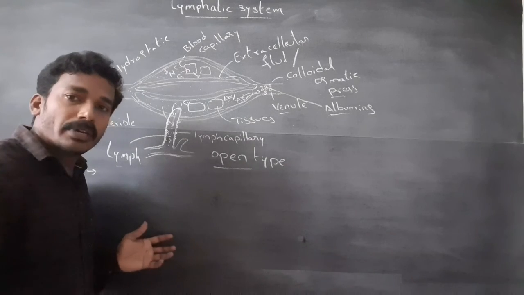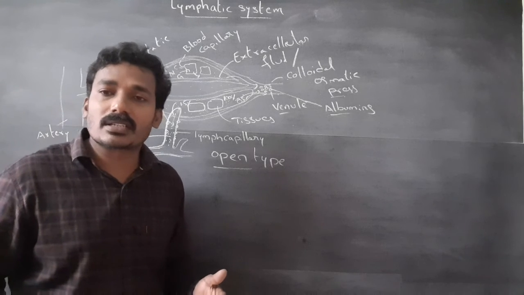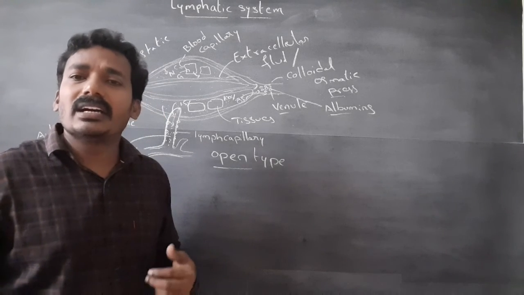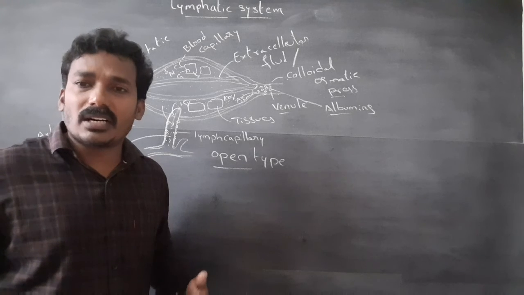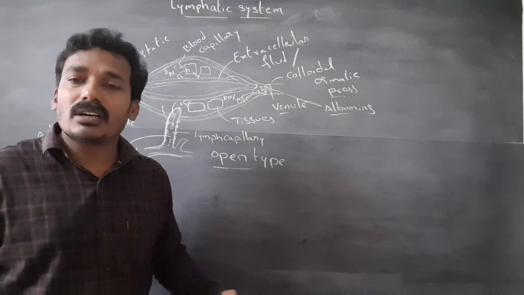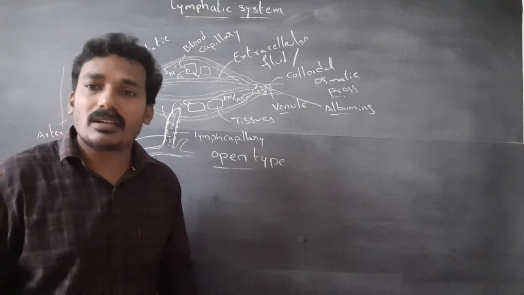In pregnant women, enlargement of the uterus causes pressure in the abdominal veins. It increases the hydrostatic pressure, so the fluids are accumulated in the leg regions. It is called edema.